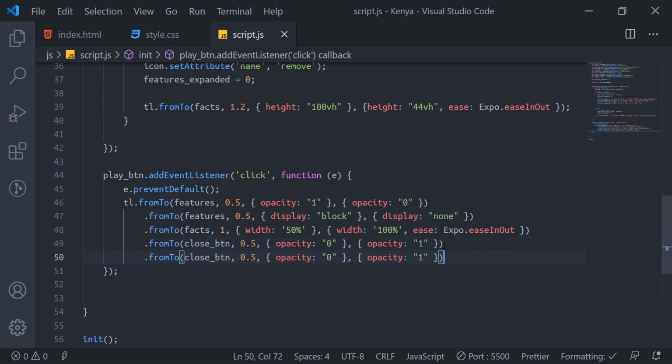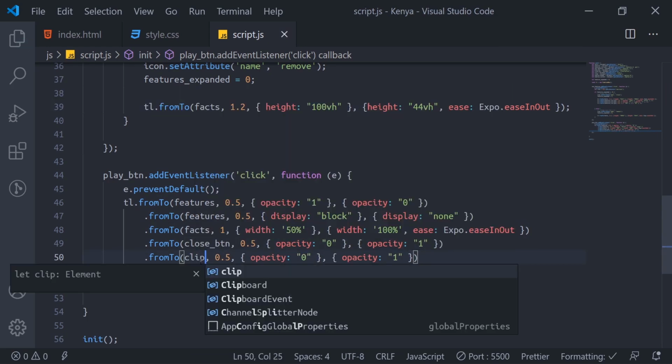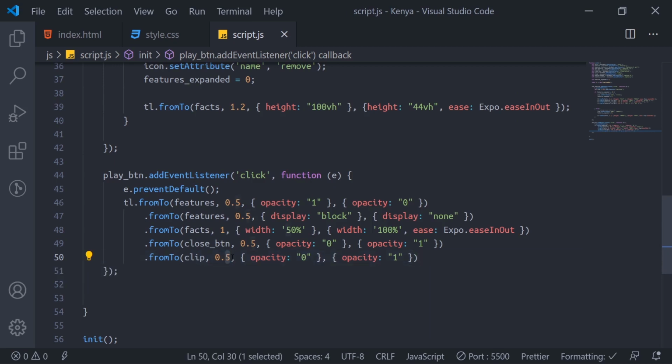But anyhow, this clip will come out after that close button. This clip, we will set the speed now to 0.2.